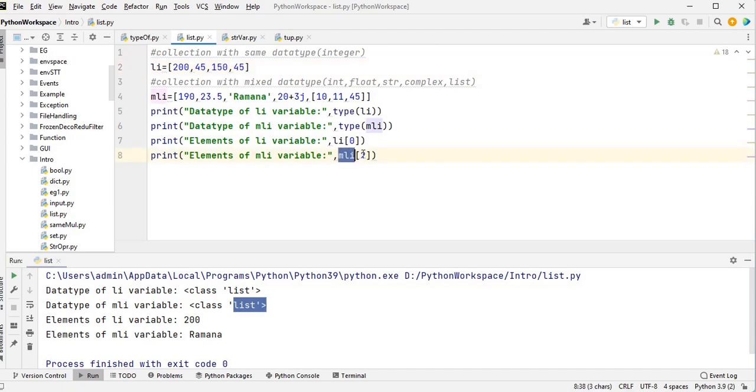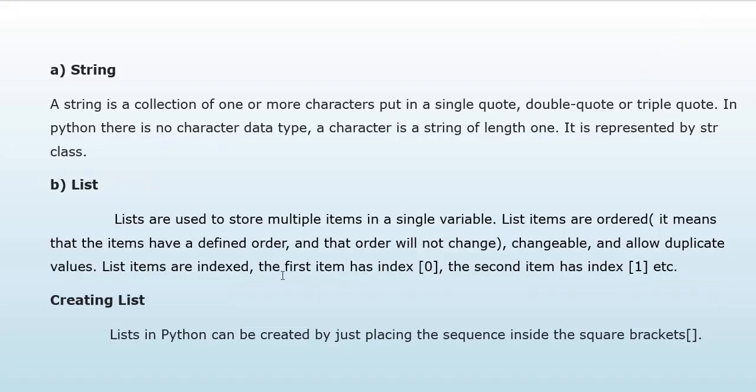Here mli of 2 returns what? mli of 2 returns this: this is the 0th index value, the first index, and this is the second index. So this is the result. The next one,